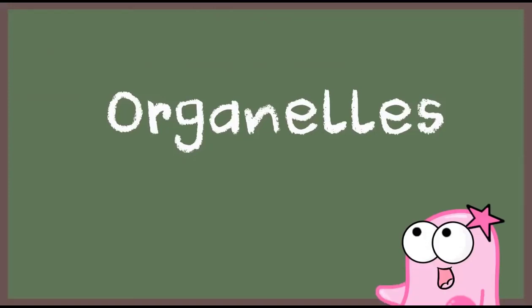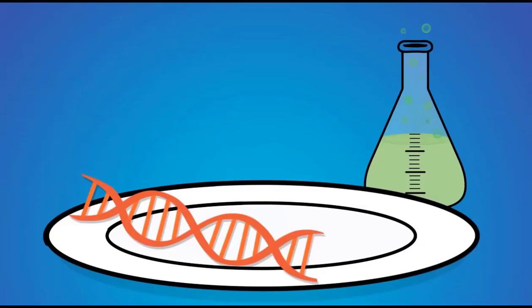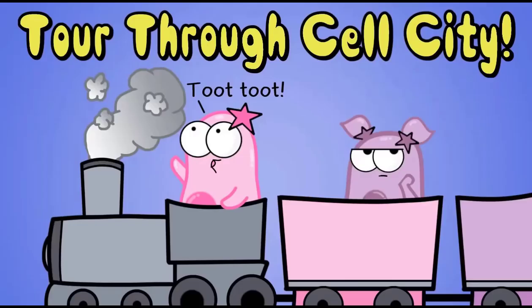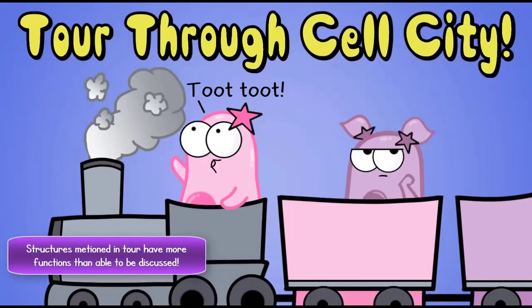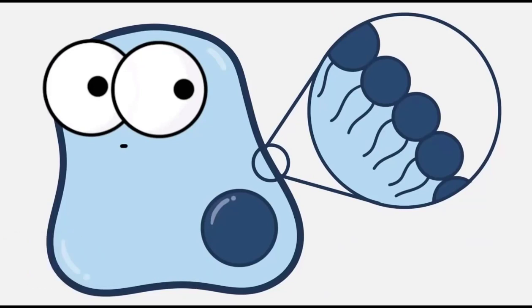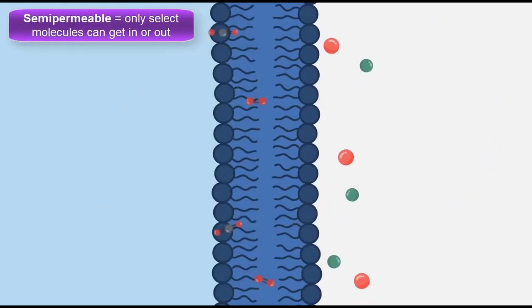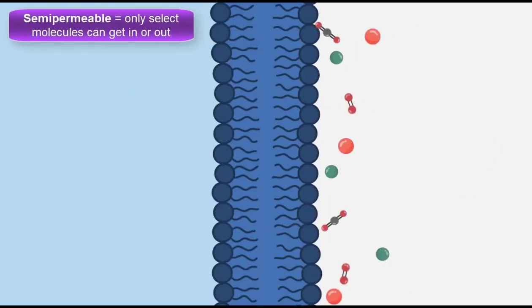What are their functions? Well, you know our style. We love our science with a side of comics. So we want to take you on a tour of the ride of your life, into the inside of a cell. Now, to start our trip, we're going to have to get through this cell membrane, also called a plasma membrane. It's selectively permeable, which means it'll only let certain select materials in and out.